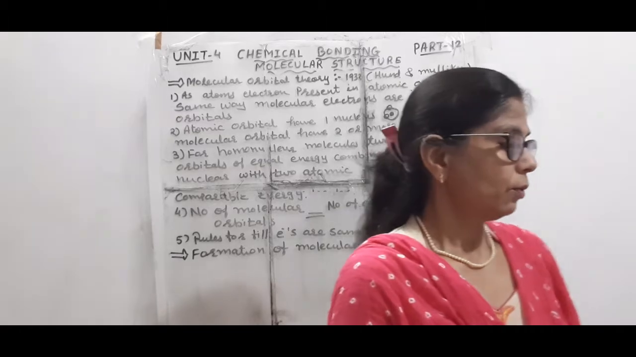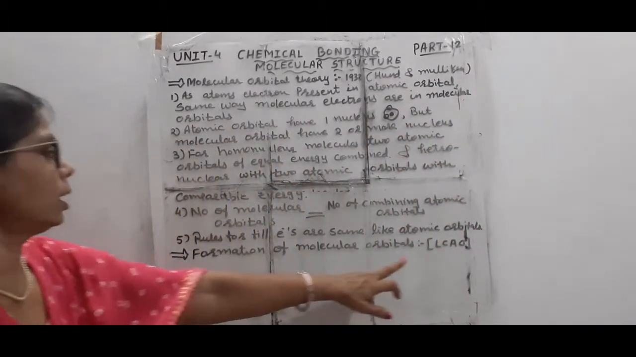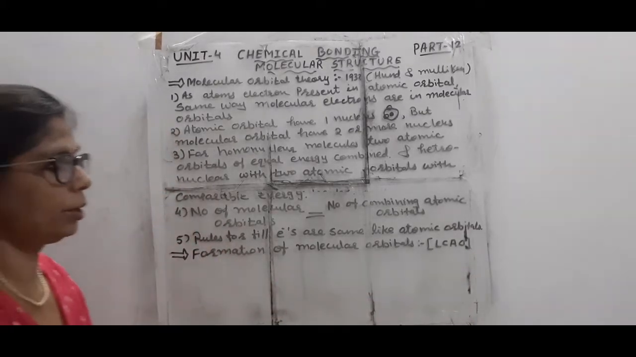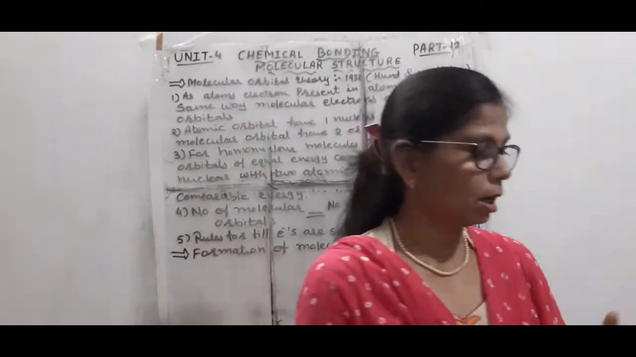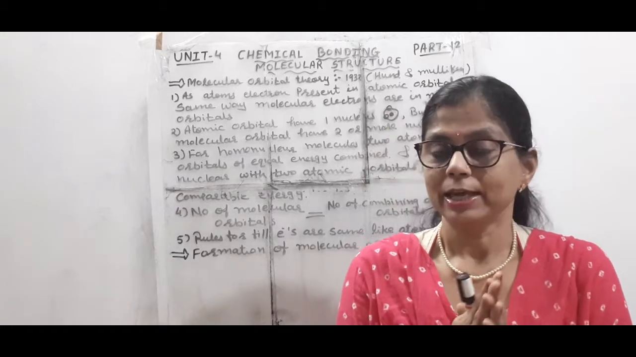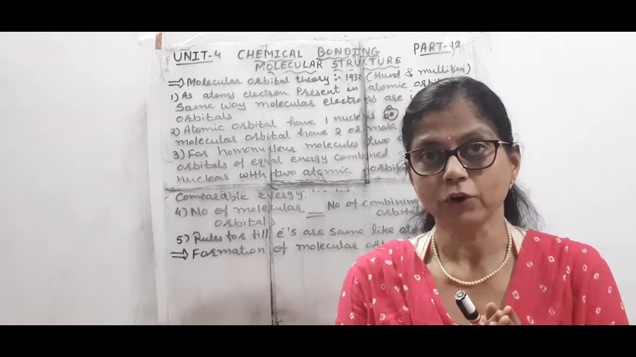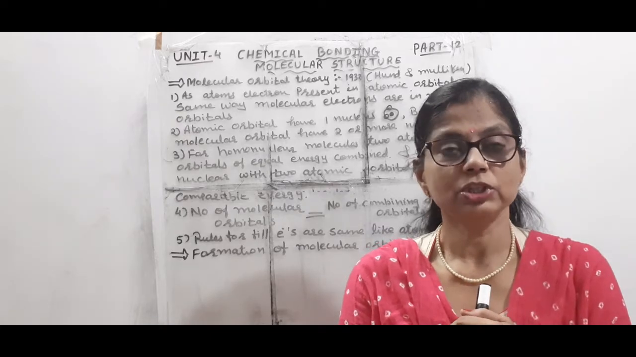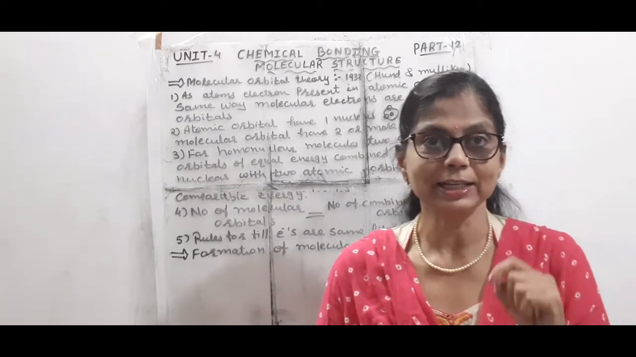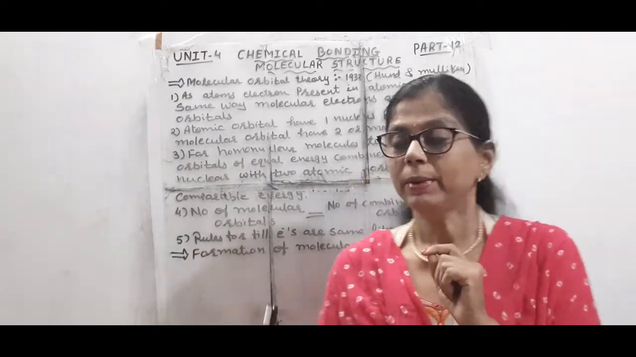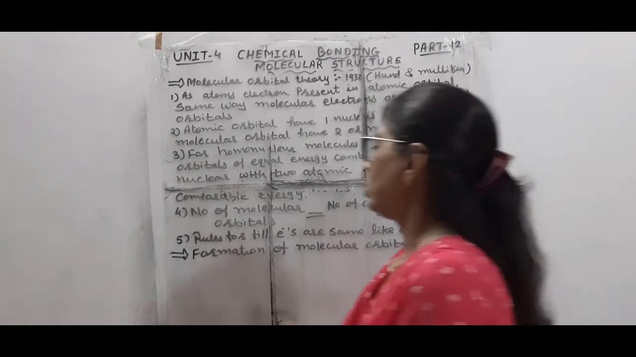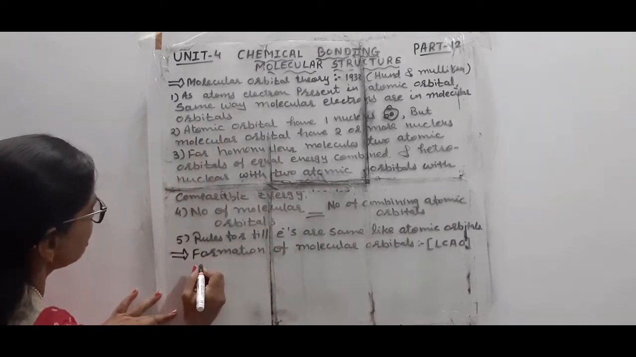Now let us see what is the linear combination of atomic orbitals. How the molecular orbital is formed, as we have studied how the atomic orbital formation occurs. In the same way, both atoms will combine, and that is known as LCAO, linear combination of atomic orbitals. So suppose here I have, this is our